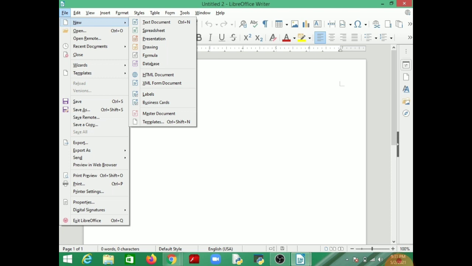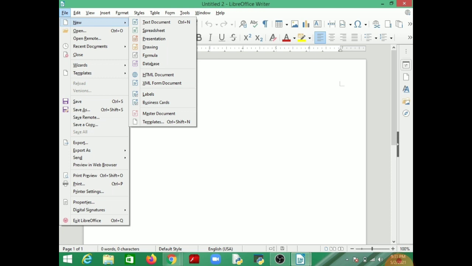Okay, so in this, when you open your Writer document, it will allow you to type. If you want to change your document, instead of the default one you opened, just go into File and then go to the New option, then on top you can select Text Document. Okay, so this will open a new document where you can do your work. So this is the way to open a new text document file.